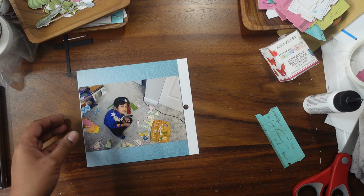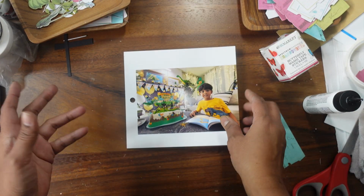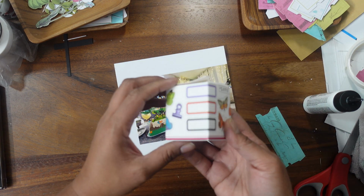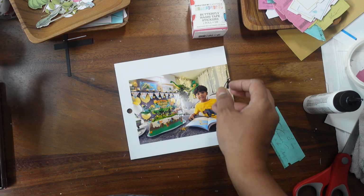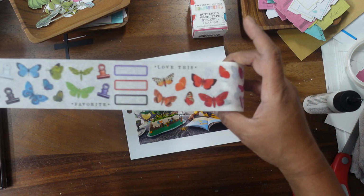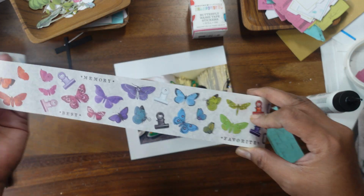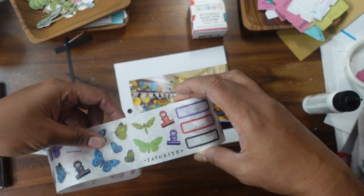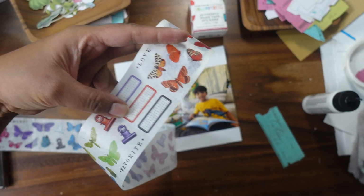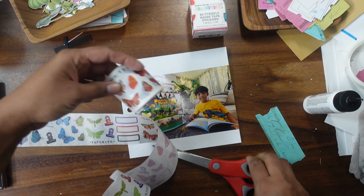So what happened with this paper, these are not double-sided paper, so one side has a beautiful design which matches the theme, but this side doesn't. So I bought this tape, it's kind of a washi tape with stickers, and it came out like this with so many stickers inside it. So what will I do, I will just cut this tape. I don't want the full tape, so I will just cut it because it's a little bit